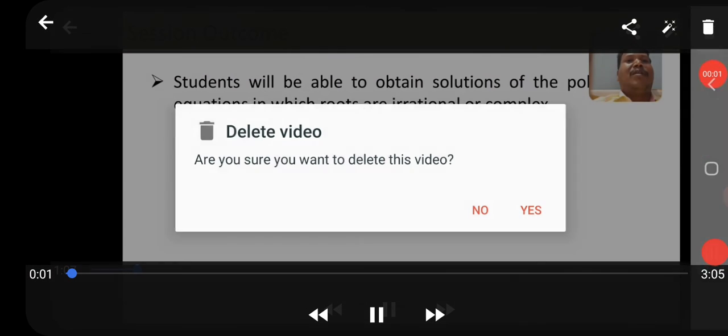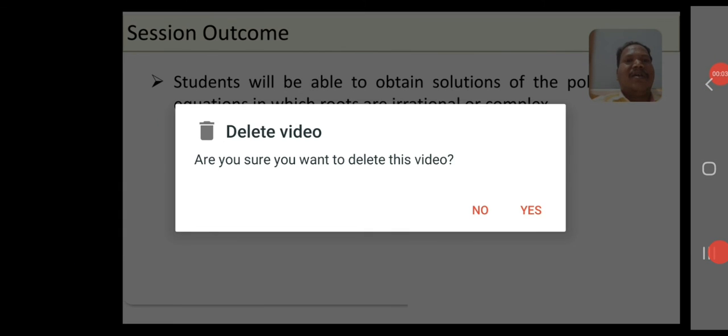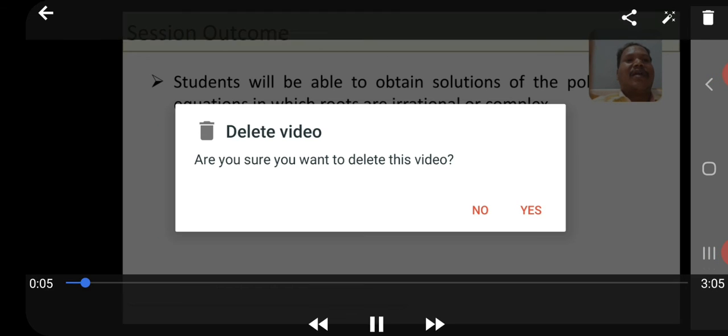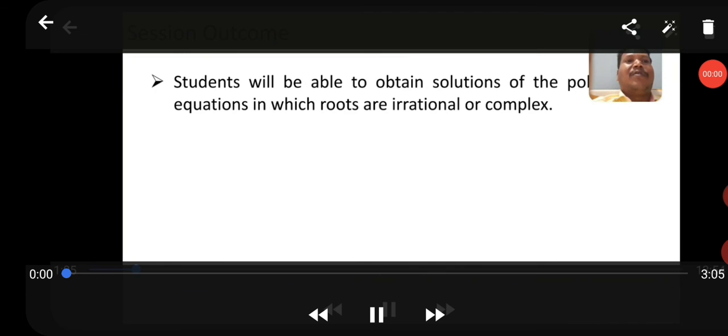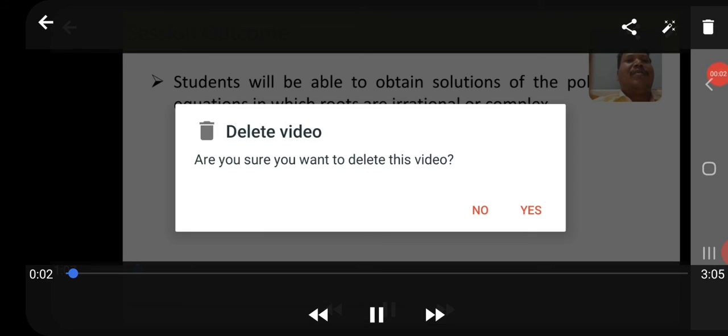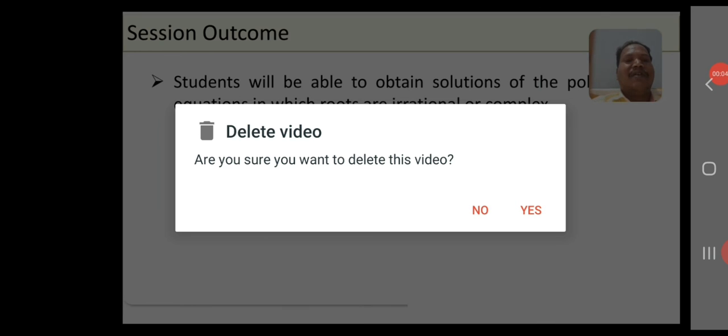Solution of the polynomial equations in which roots are irrational or complex. Prerequisites regarding